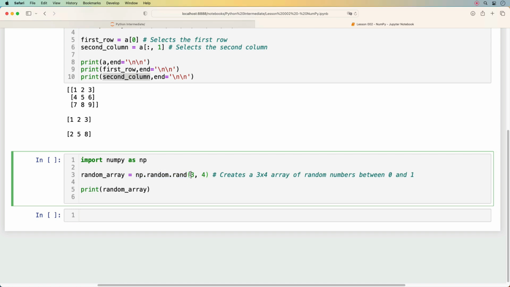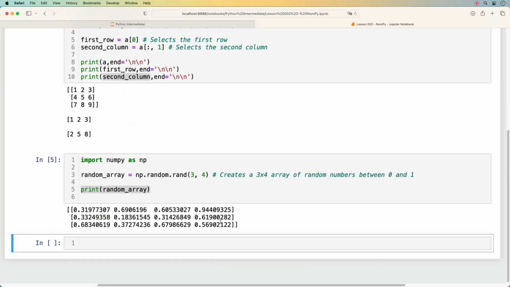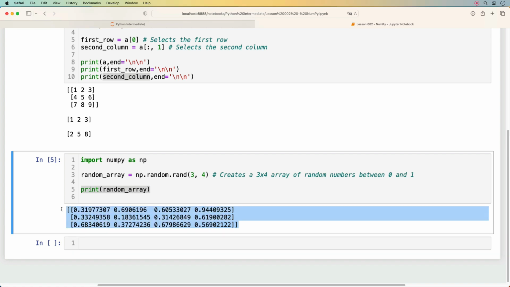I then pass it the numbers of rows and columns, and in this particular example, I'm creating a grid of 3 rows by 4 columns, and the items will be random values between 0 and 1. Then I assign this to a variable called random_array, and finally, I print out this variable to see my output. So let me run this now. And as you can see, my output is a 3x3 array, all populated with random numbers between the values of